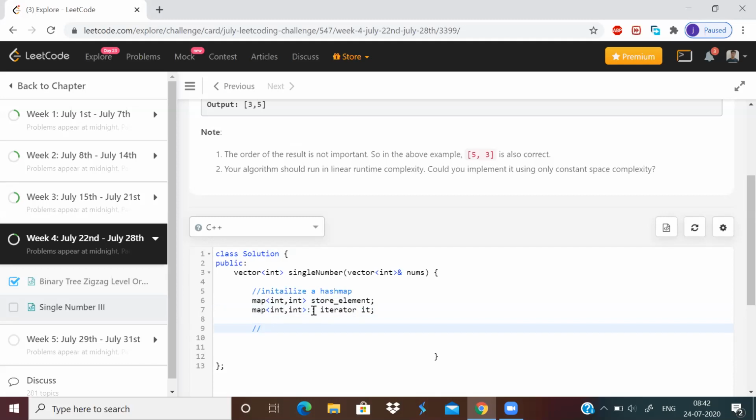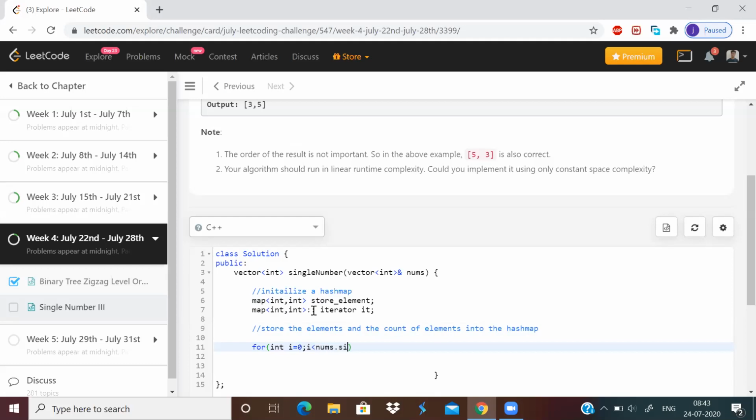So our first job should be storing the elements and the count of elements into the hash map, as key value pairs. So we'll just iterate through the array once and keep storing the elements in the hash map.